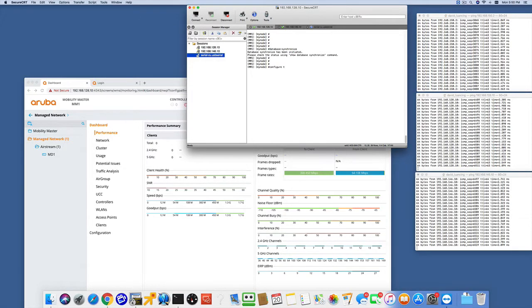So I'm going to do config t, and then I'm going to do master, and then layer 3 redundancy, and then the command L3 sync state, and I'm going to say that this is now secondary. And it tells you right here, changing the sync state from primary to secondary, the mobility master will reboot upon write mem. So if I click exit and I do a write mem, you're going to see that